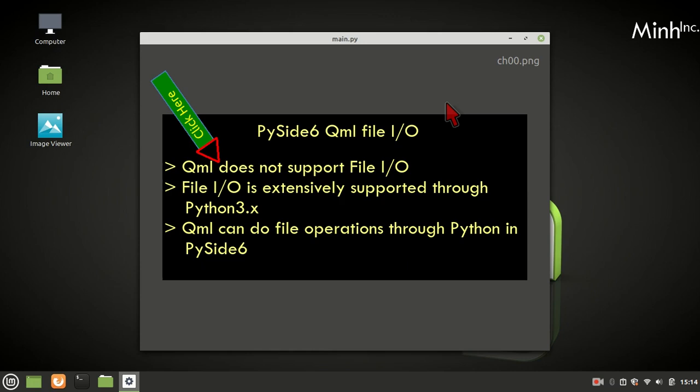The idea is how to make file IO functionality available in QML in PySide6. QML does not support file IO. File IO is extensively supported through Python. QML can do file operations through Python in this POC. That is the idea.